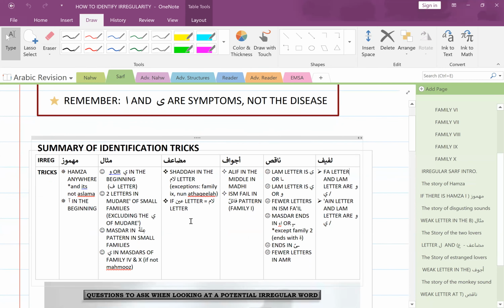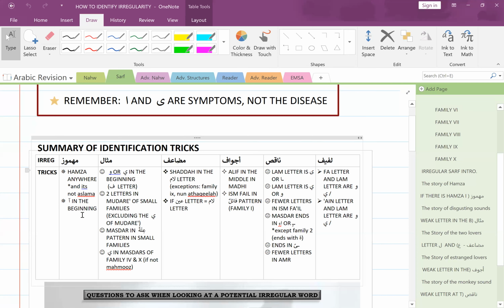So this is a simple summary here. It's not 100% proof. It's just a guide, just tips. I don't want you to take this as set in stone, thinking that if it applies here, that's it. No, these are just guides. It might work, it might not work. So that's a big disclaimer I need to put out there.